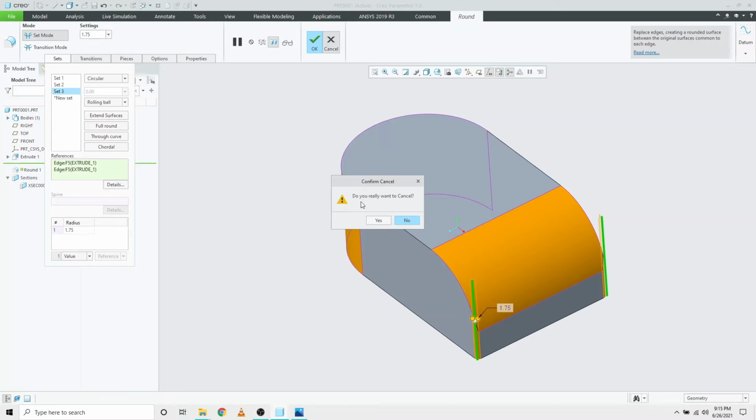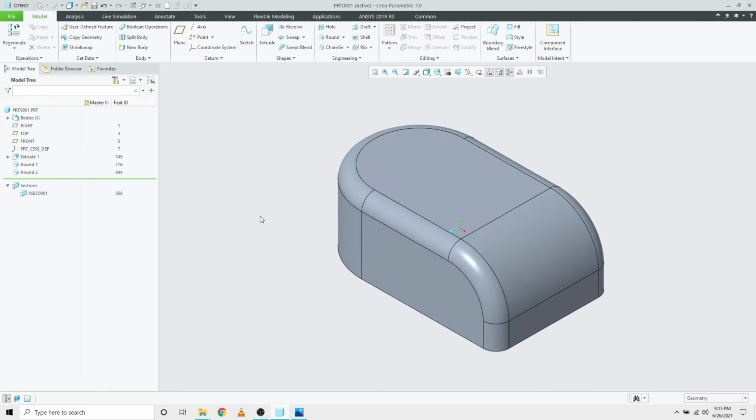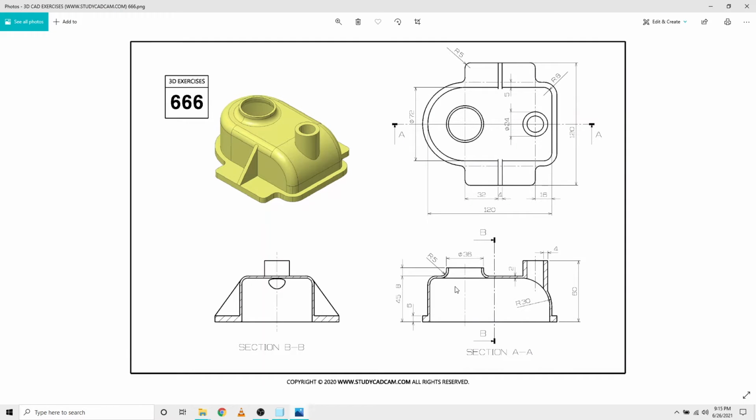That's why I didn't include that in the round. I'm creating another round. So that's my kind of style while modeling. So we are done with one of the features, and